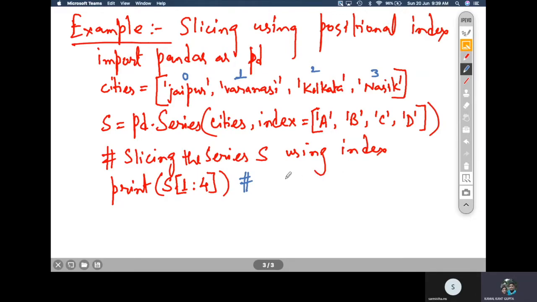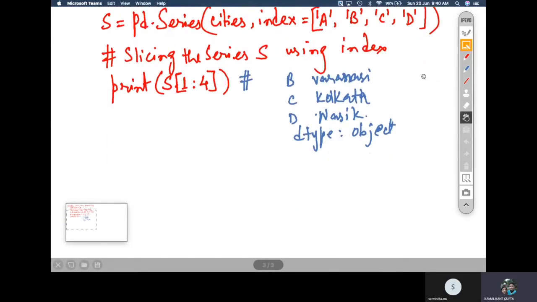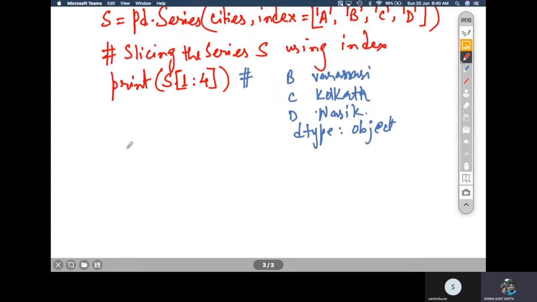Your output will be something like B, C, and D, with the names of those cities: Varanasi, Kolkata, and Nasik. And the dtype will obviously be object, because it is a string.